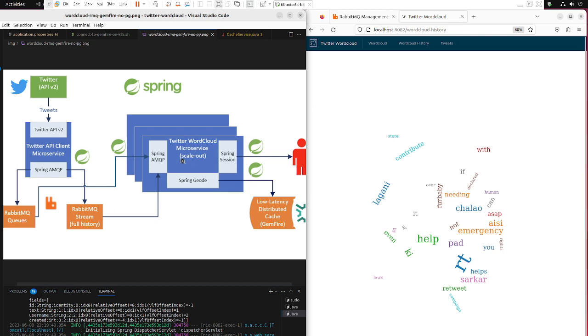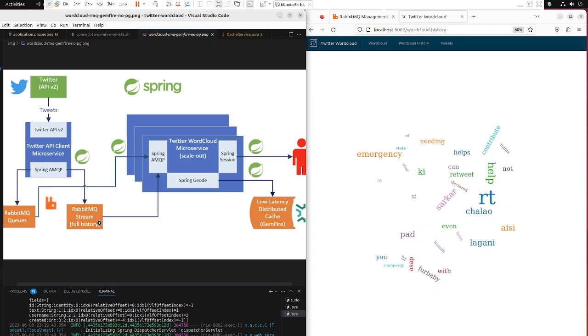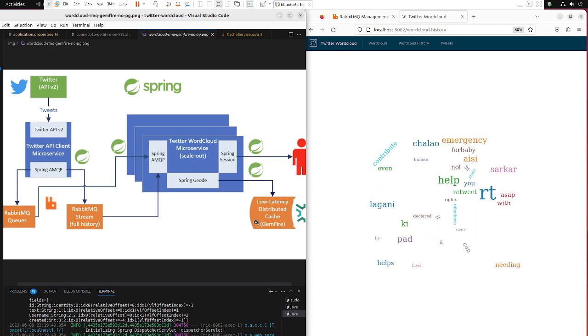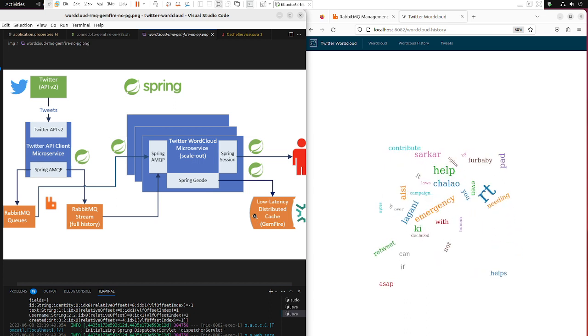This microservice consumes tweets from a RabbitMQ stream and saves them into a low latency cache called VMware Gemfire, providing fast real-time access to data. Most importantly, the Twitter Word Cloud microservice has a very important feature, the time offset, which determines from which point in time we want to analyze captured tweets.